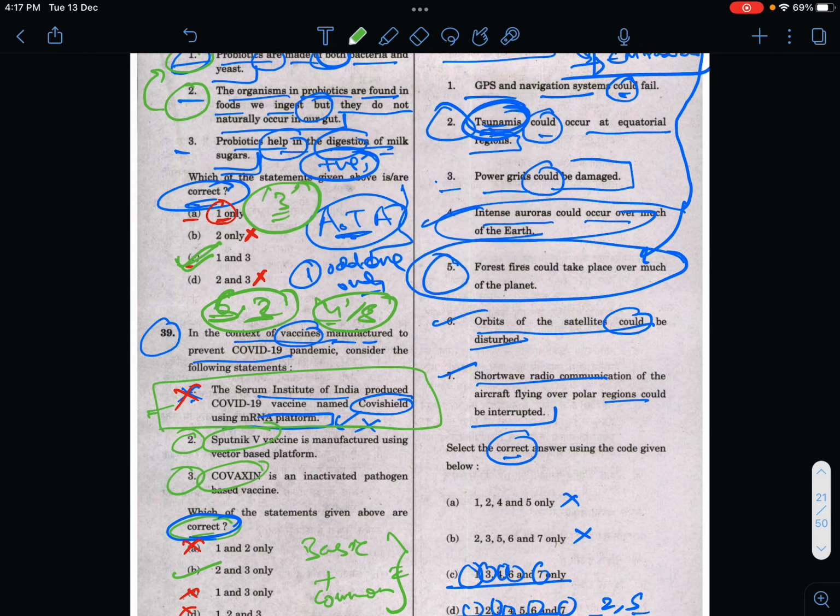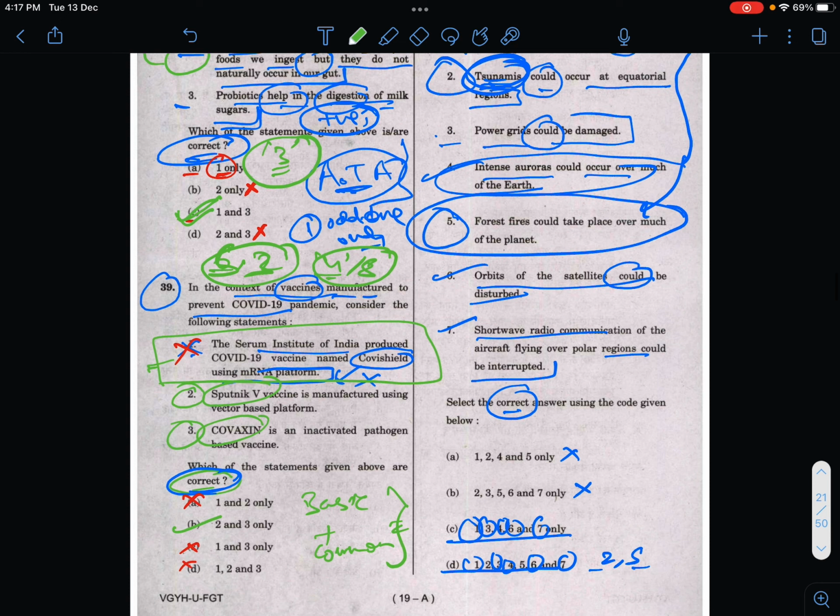And so by backing it, I would prefer C over D, knowing that D is an outlandish option because 2 doesn't make sense and 5 also doesn't make sense. And again, that turned out to be the right answer. So again, we have seen in the last 10 questions that basic sources and common sense will do wonders for your performance in prelims. I think on that note, I'll just take your leave.